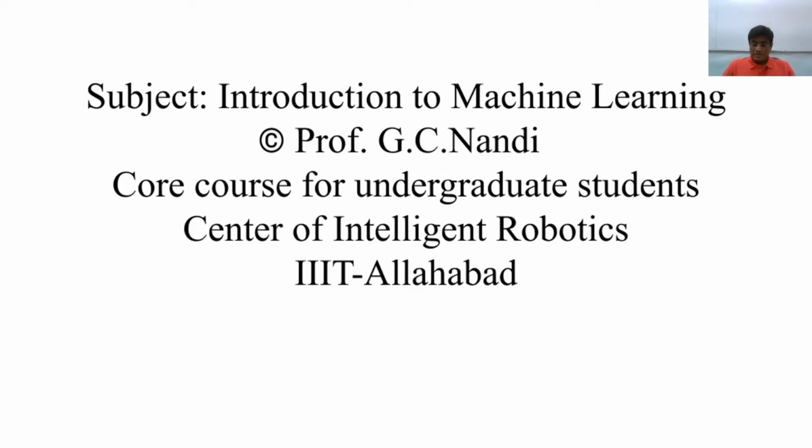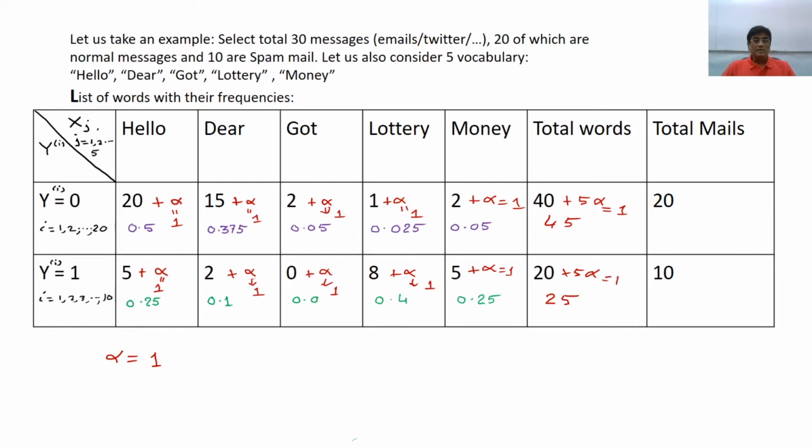Actually we had taken this small problem which can be doable by hand with just 30 messages. It could be emails or Twitter or any other social media messages, 20 of which are normal messages and 10 are spam mail. Then we created a small vocabulary because we'll have to do it by hand. 5 vocabulary words we created, and then all the steps we were showing. And it turns out that Bayes is very much susceptible to zero probability. In fact, it will crash